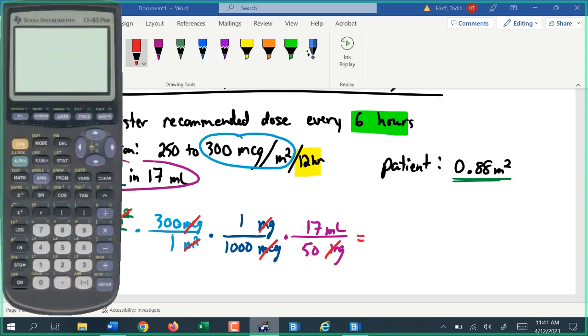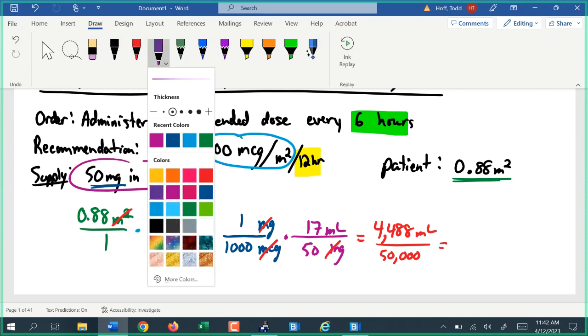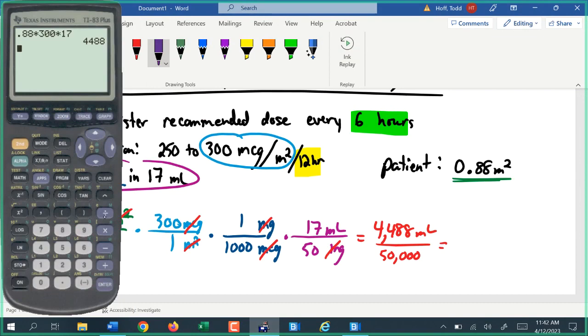So let's go ahead and we'll multiply the top. 0.88 times 300 times 17 milliliters gives us 4,488 milliliters. Over on bottom, we just have 1 times 1 times 1,000 times 50. That's 50,000. And we need to divide this out. So 4488 divided by 50,000 gives us 0.0897. So we're going to round this to 0.09